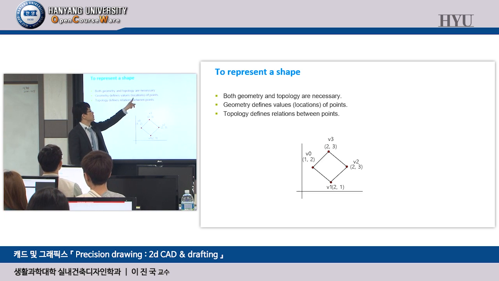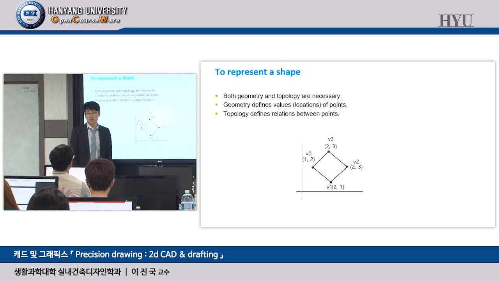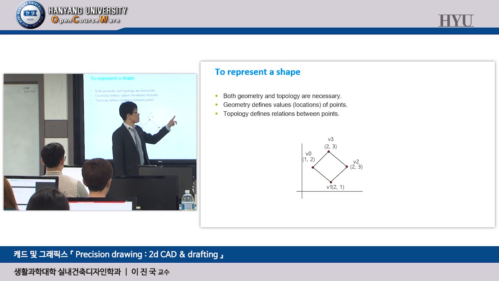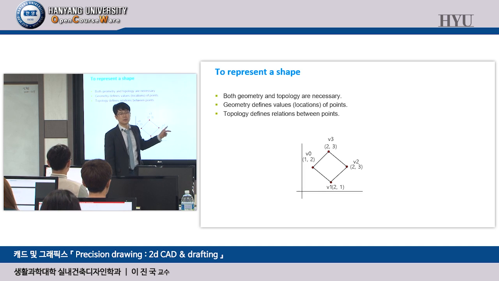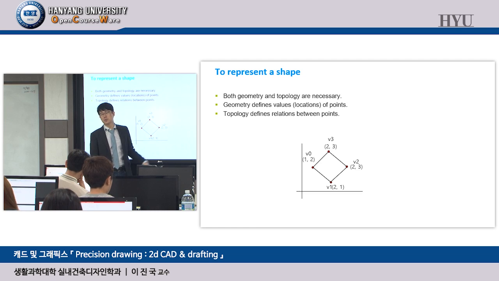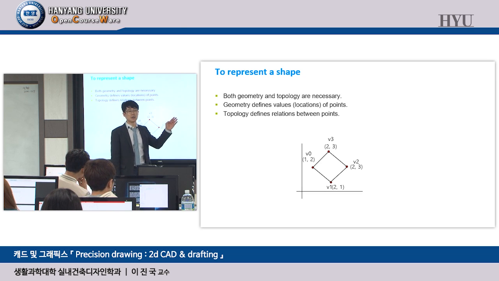Geometry defines values, locations of points. Topology defines relations between points. So why do you need this? Okay, today in the lab exercise, you're going to draw a series of lines for a section drawing, and you're going to make 3D: extrude, revolving, lathing, sweeping, using the follow me or push-pull function in SketchUp. Even if you don't know what it is, even if you memorize, okay, making 3D using follow me, making 3D using push-pull,